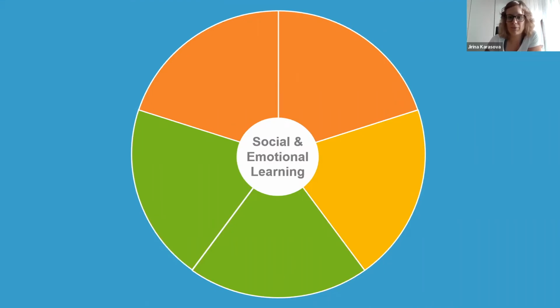I will show you a definition, which is by CASEL, the Collaborative for Academic, Social and Emotional Learning. It's a big group and they started 28 years ago in 1994, just a long time ago. And since then, they want education to fully support the social, emotional and academic development of all children and adults. And they say that social emotional learning is the process through which all young people and all adults acquire and apply the knowledge, skills, and attitudes to understand their thoughts, understand their emotions, values, and develop healthy identities,